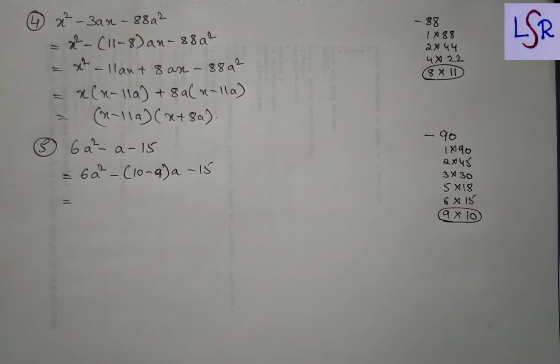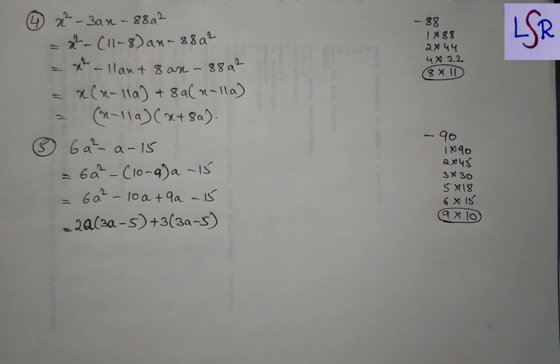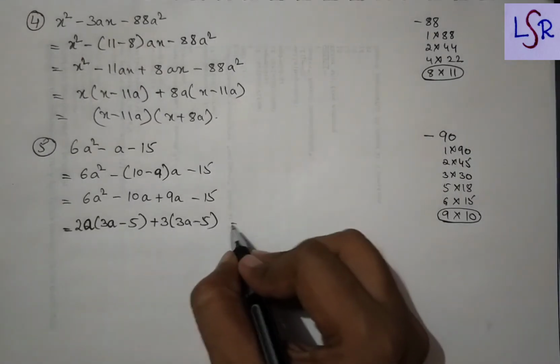Then we are going to open the bracket. After this we have to take the common, and on taking common we have got this. Now 3a minus 5 can also be taken common, and this will become